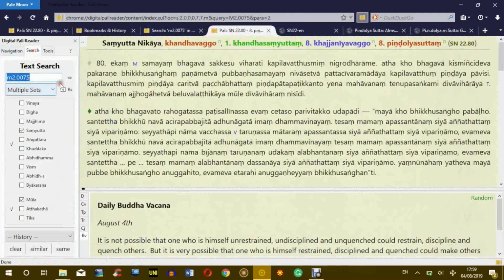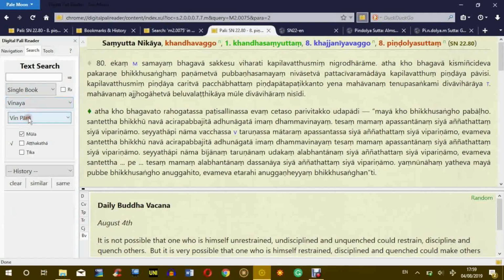So let's have a look at the search. So here, for example, another thing, if you're searching by navigating with the page numbers, so for the Vinaya, for example, there are no volumes, right? So in the Vinaya, here you can choose single books of a pitaka. So here you can select, for example, Parajika Pāḷi, and the Parajika Pāḷi in the Myanmar version is just one book,